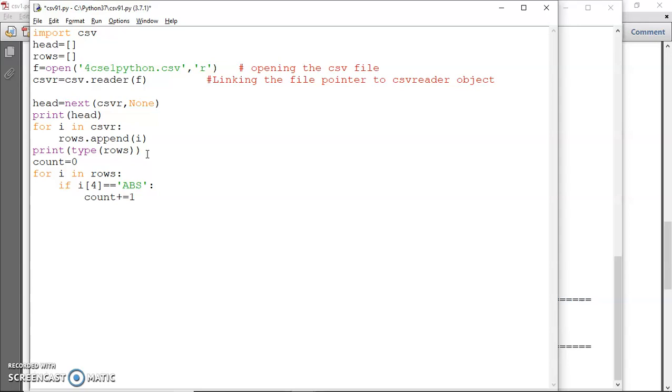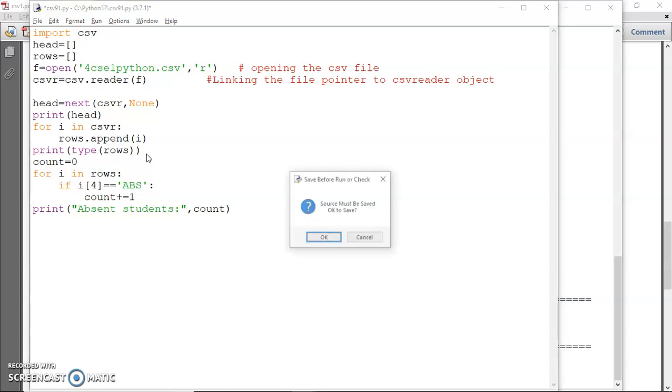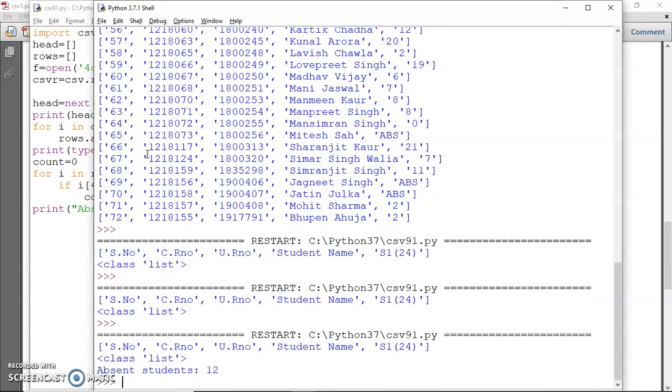Outside this loop I can print the total of the absent students, the students who didn't appear for the sessional. So you can see a total of 12 students were absent in sessional 1.